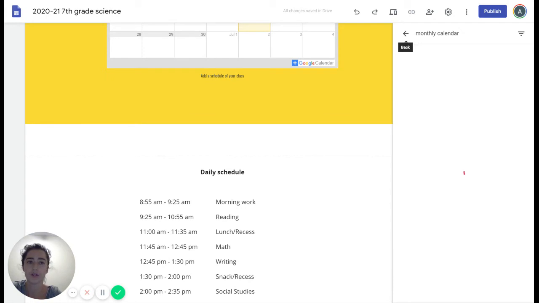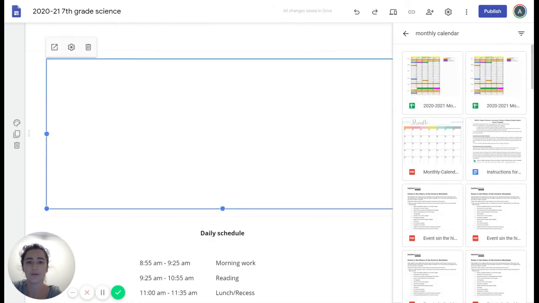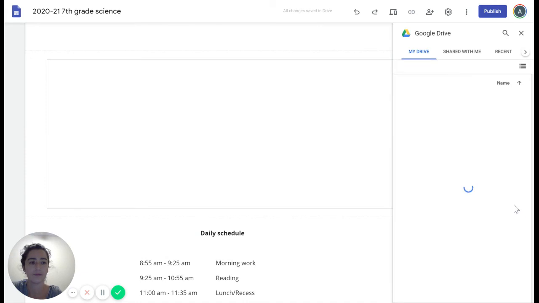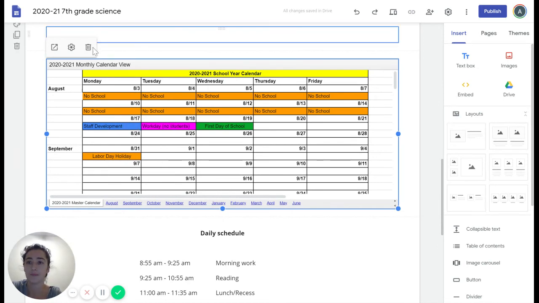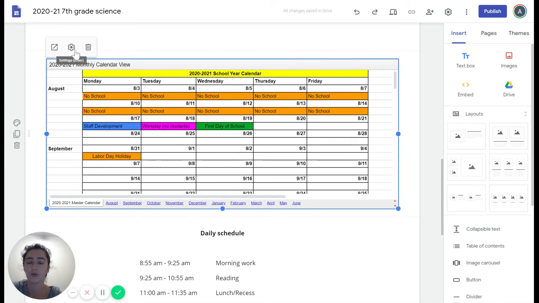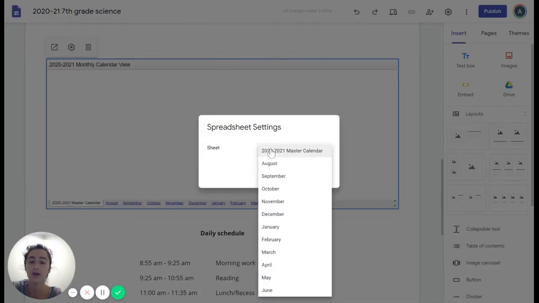And I wanted to show you this one because I personally really like this method. When you are embedding a Google Sheet, you can edit the document and those edits will immediately show up in the website. Again, just like you can control what view the students see, you can also control what sheet the students see